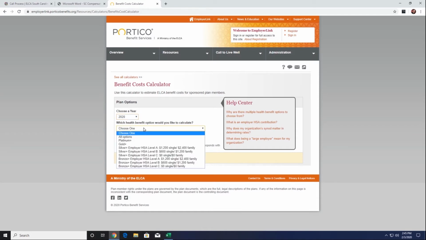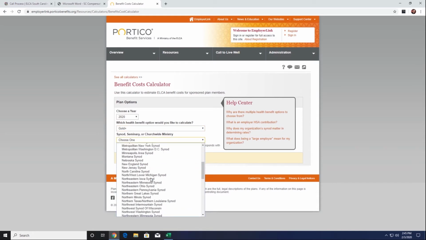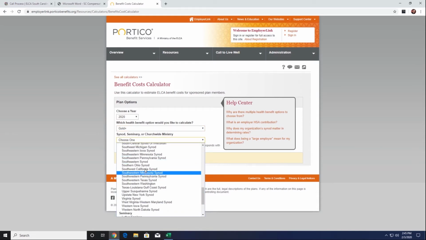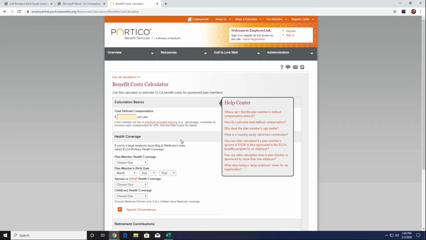Again, it depends on what your rostered minister is being placed at, whether it's the gold or platinum level or others. For our time together, I'm going to go with what the Synod recommends, our gold level. And then we have to pick which Synod we're a part of, which we're going to go to the South Carolina Synod. We'll push continue.